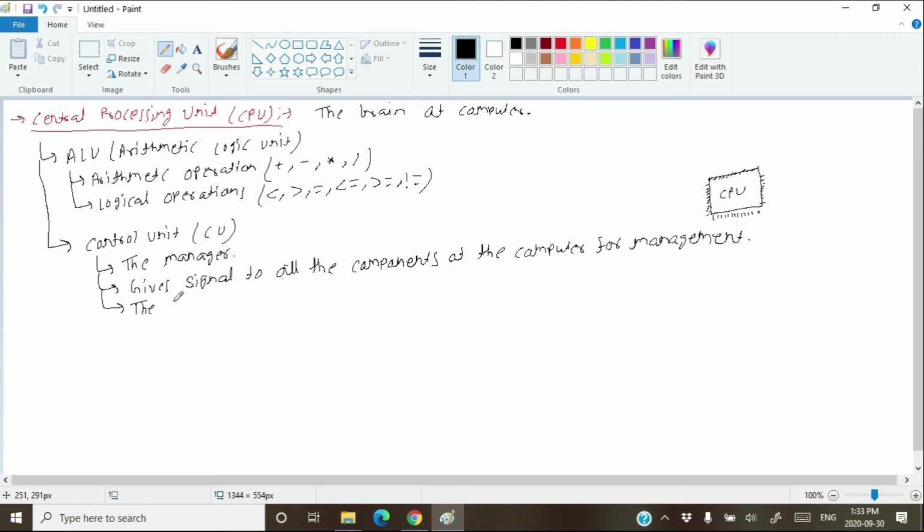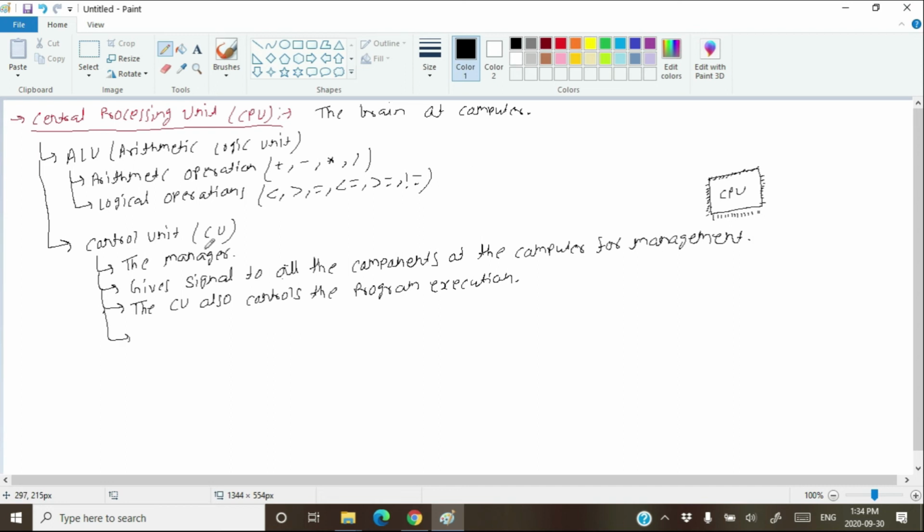Good. The control unit, CU, also controls the program execution. Suppose that you have a program in execution having 100 lines of code, then which code will execute next? That will also be decided by the control unit.